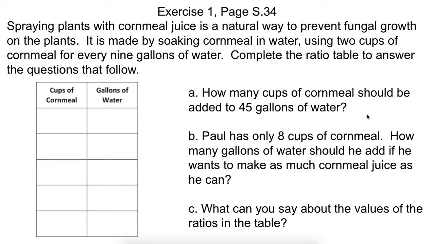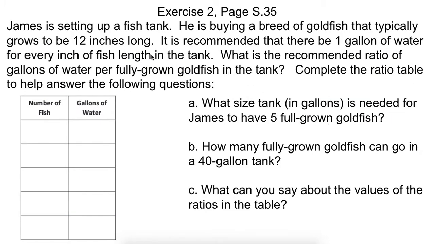Let's go ahead and look at our last one here, okay? James is setting up a fish tank. He is buying to breed goldfish that typically grow up to be 12 inches long. It is recommended that there be 1 gallon of water for every inch of fish length in the tank. What is the recommended ratio of gallons of water per fully grown fish in the tank? Complete the ratio to help